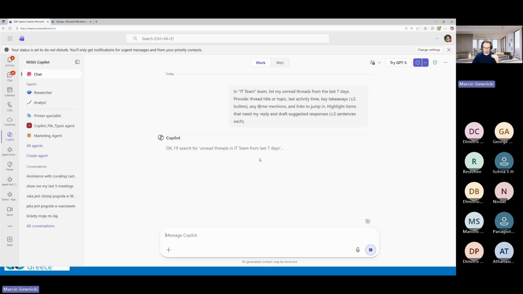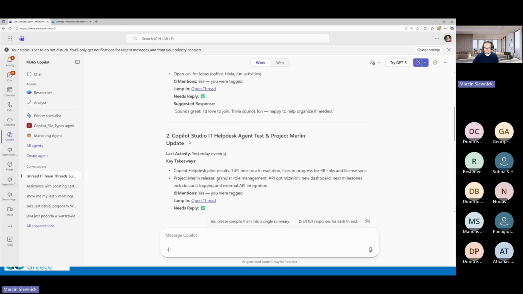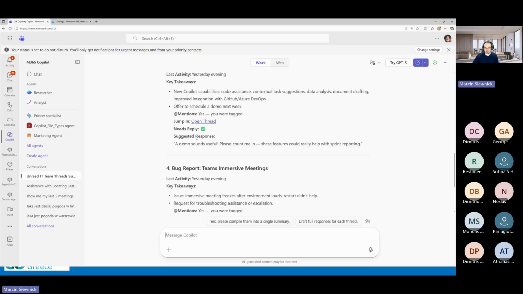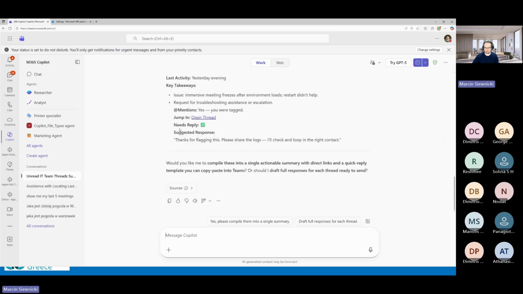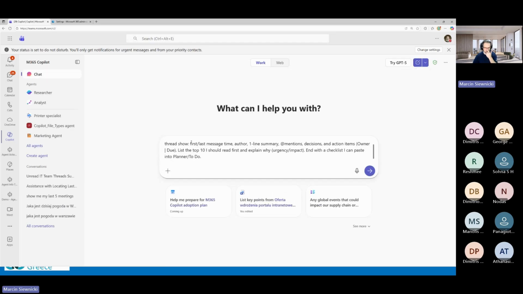Now Copilot will analyze every single channel from this team. I don't need to go to each team, each channel separately, and I will get this nice summary per topic, and there's information about who did that, why, when, and so on. Pretty useful, but the most powerful one is when you want to simply summarize everything, not only chat, 100 messages,